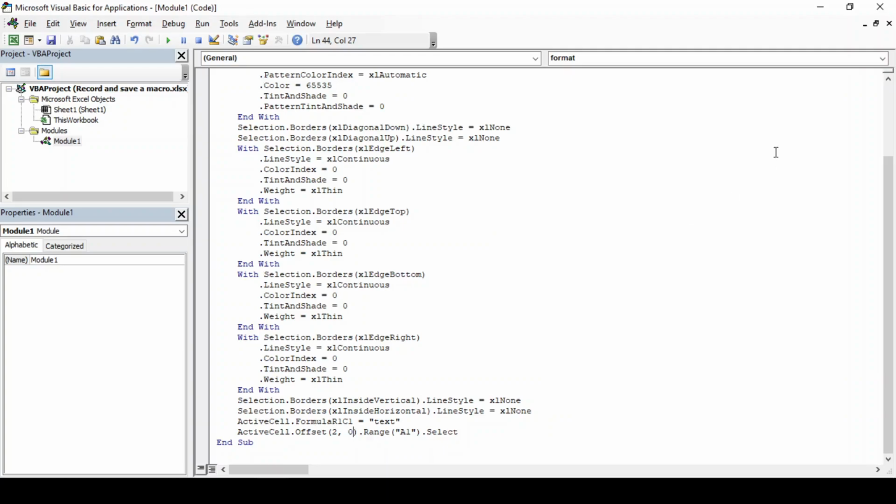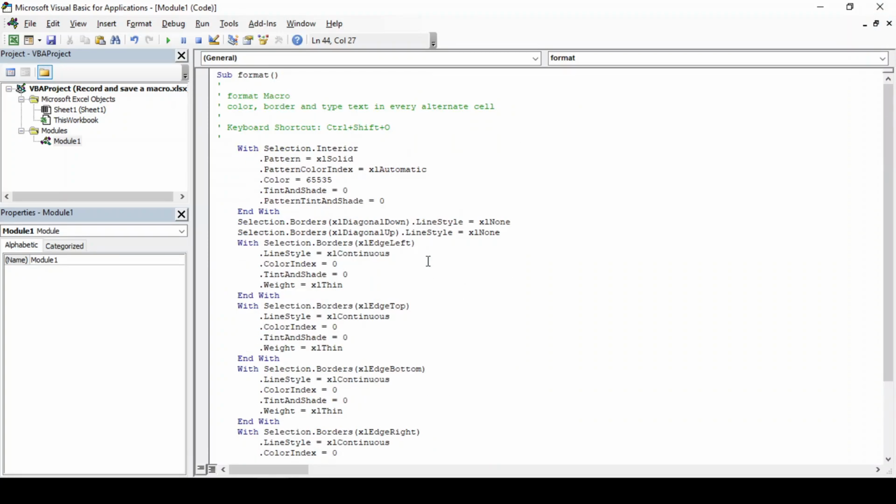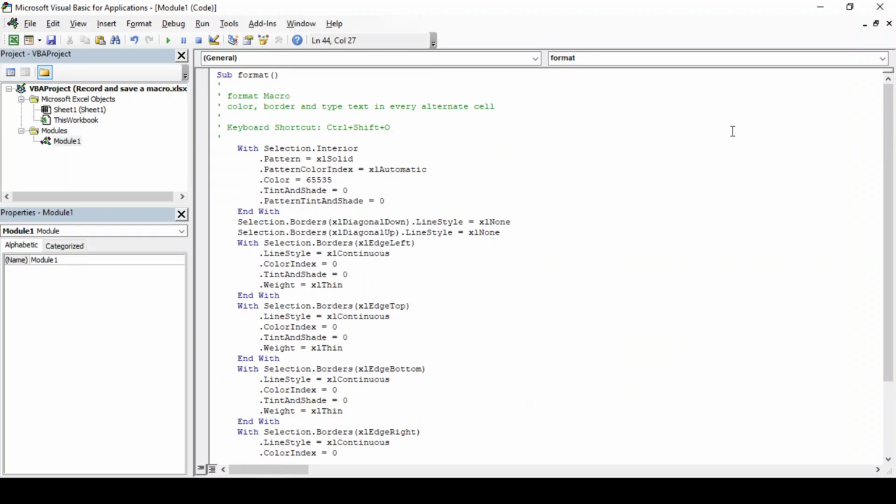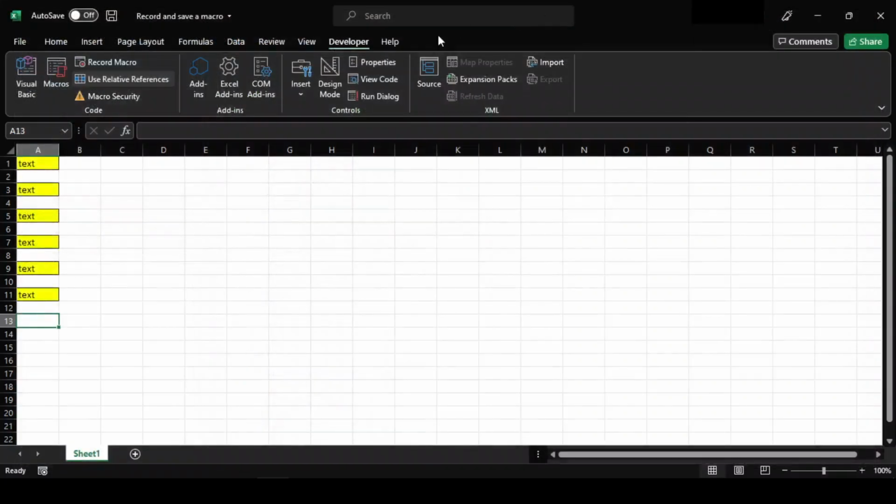So, this coding part is recorded in the backend. This was just for your understanding of what happens in the backend when a macro is recorded. You can just record a macro and play it without coming to this area if you don't find this interesting. But if you do, then stay connected. I will explain every aspect of VBA programming in detail.